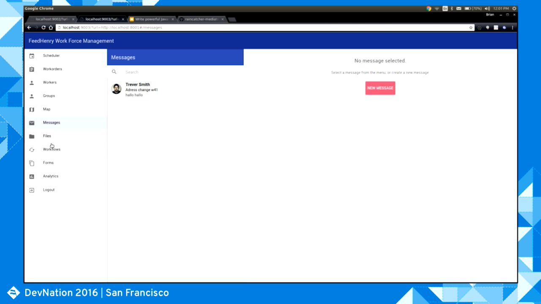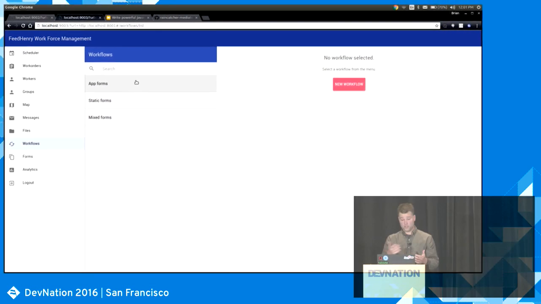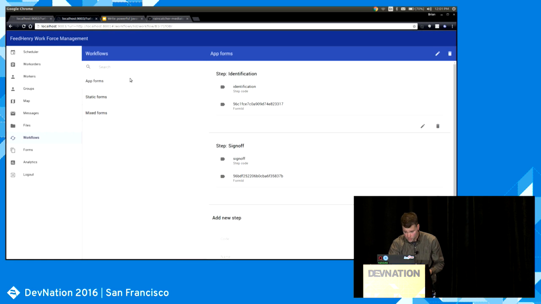Anything else we want to show here? Yeah, the last thing we want to show is the workflow. That's where we're going to do our live coding. So the idea with the mobile application is we want to take an item like a work order and push it through a workflow. A workflow has a number of steps, and each